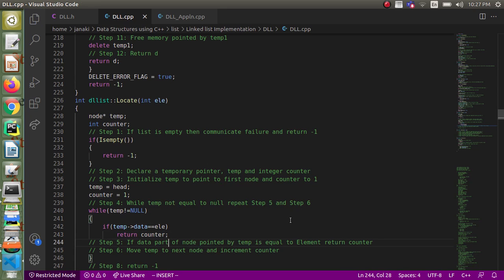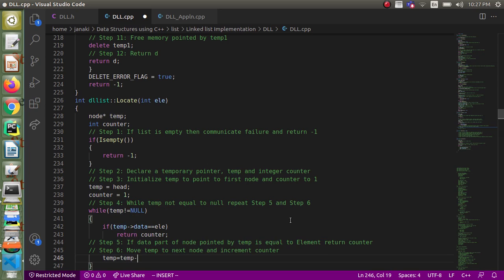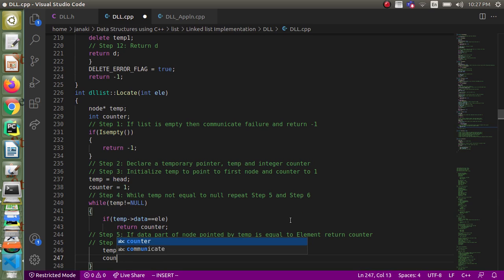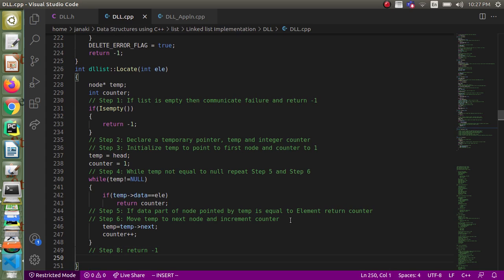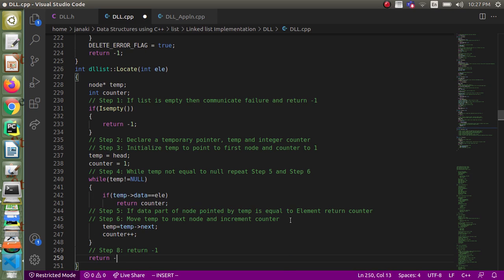Otherwise you have to move temp to the next node and do counter++. And this is the case when the value is not found in the list, so you can return -1.